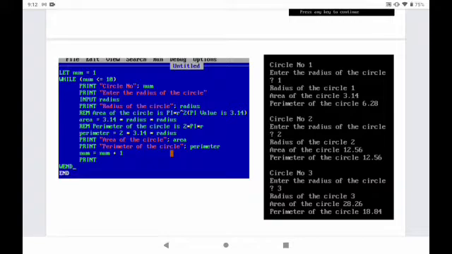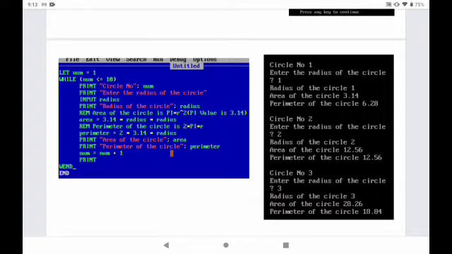Then print area of the circle, semicolon area. So whatever value we have saved in the variable called area will be printed as the area of the circle. Next line, print perimeter of the circle, semicolon, perimeter. So whatever value we have stored in the variable called perimeter will be displayed on this line.